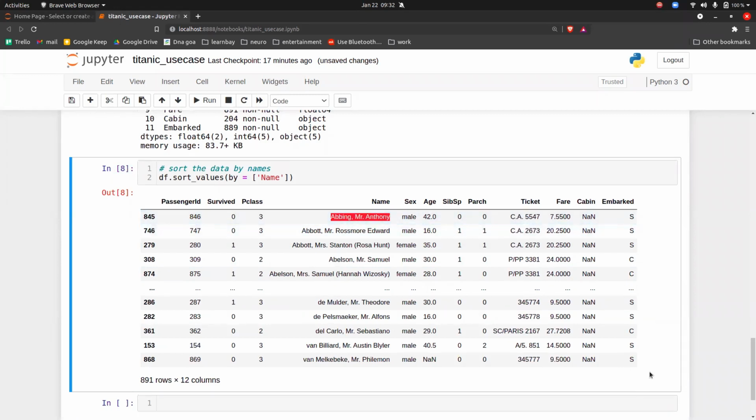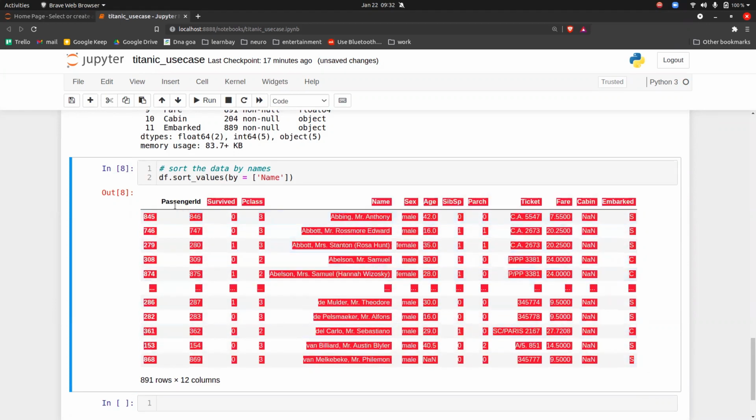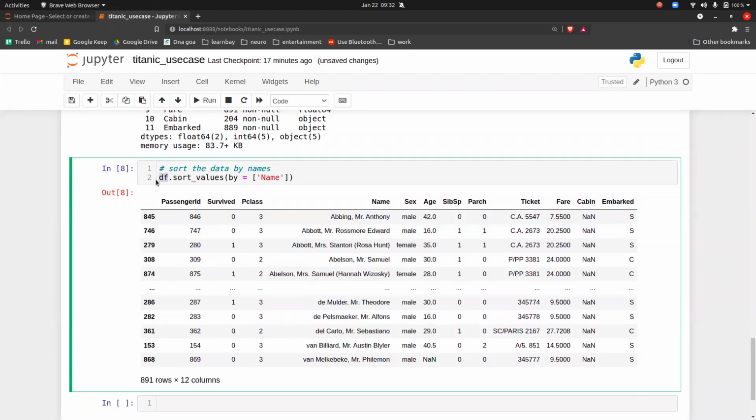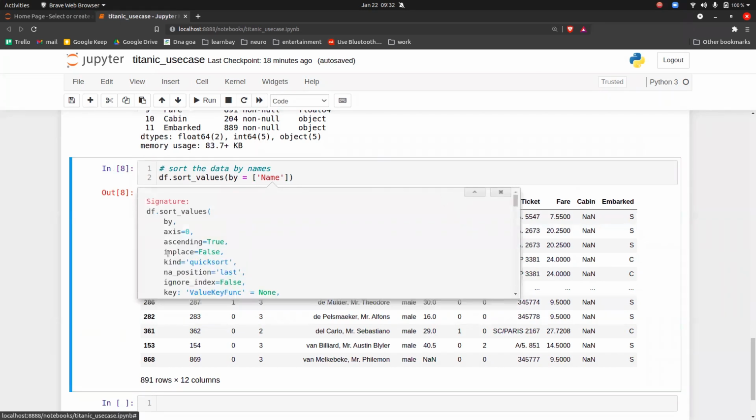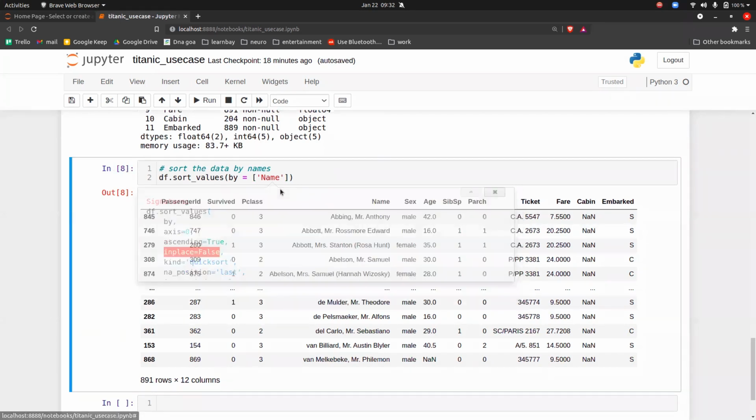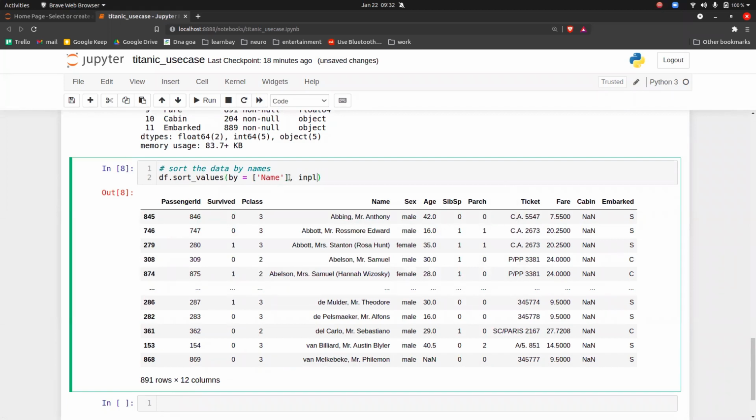But what you're sorting, guys, is it just a new data set, or is it making the changes in df itself? What do you think? It's a new data set. But I want to make the changes in df itself. So what should I do? Maybe df equals df.sort_values, or inplace equals True if there is an inplace option. The best practice that I follow is to put the parameter inplace equal to True. So when you do inplace equal to True, the original df will get changed, guys.